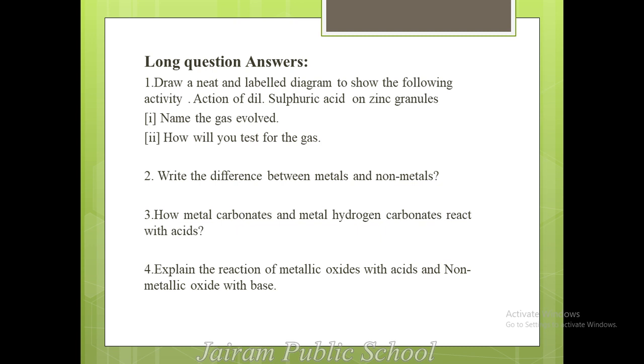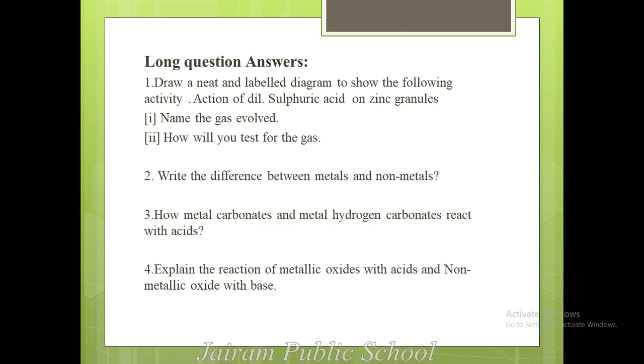The delivery tube is a small thin tube made of glass. With the help of that tube, the carbon dioxide gas produced is passed through lime water, that is calcium hydroxide. The product obtained will be a white precipitate of calcium carbonate plus water. So a white precipitate of calcium carbonate is produced. This is the explanation part of this question. You have to write the equations correctly in a balanced way, and draw the diagram clearly.